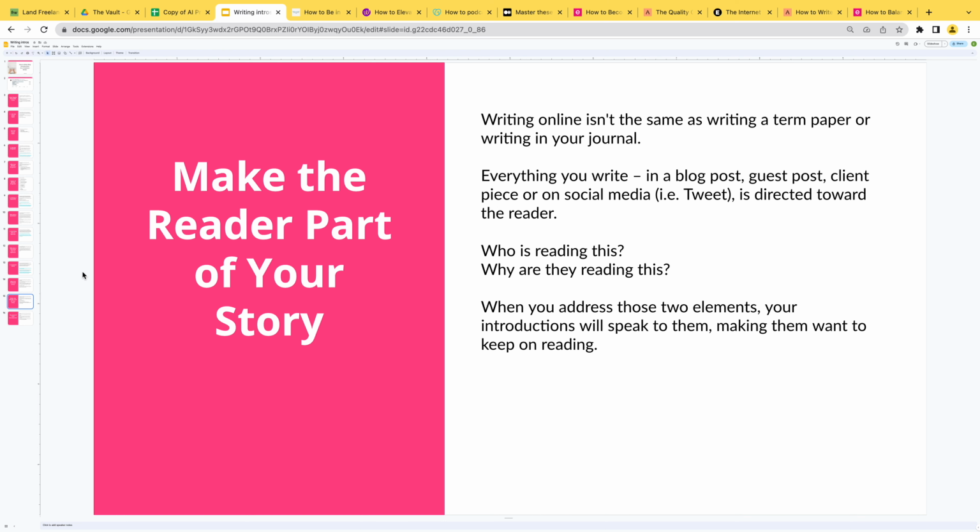Outside of those hooks, another way to write those introductions is to make the reader part of your story. So writing online isn't the same as writing a term paper or writing in your journal. Everything you write in a blog post, in a guest post, a client piece, or social media, like a tweet, is directed towards the reader. Who is reading your content and why are they reading your content? Those are things you need to address in your introductions to speak to the reader and make them want to